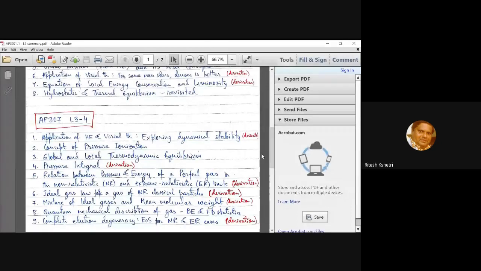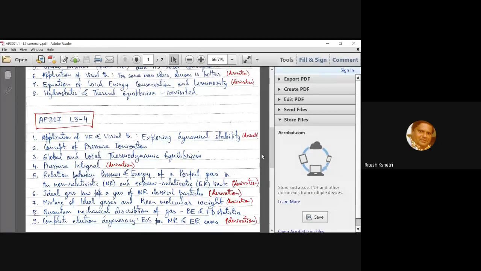Afterwards, we talked about the concept of pressure ionization, which was very common. I mean, common in the sense that it was bound to happen. If a star is gravitationally bound, and we know that the star originally forms from the gravitational collapse of a big, very big giant cloud,